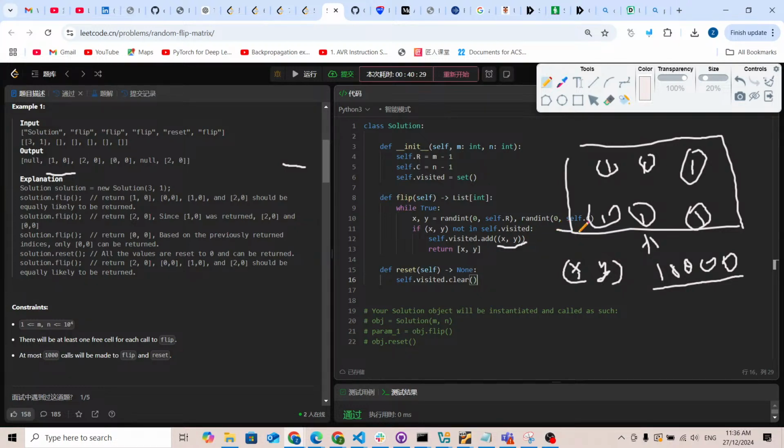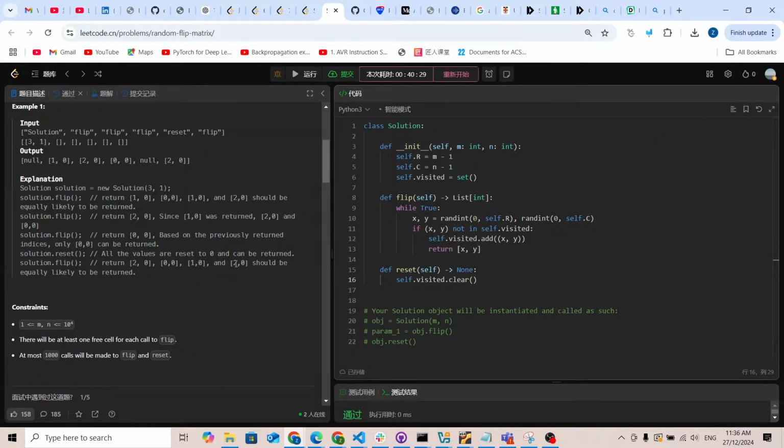If m times n is really big, maybe there's no duplicate inside the weighted set, but we don't know how many times the while True loop will run. Maybe after 1000 times it is enough for us to find something new.